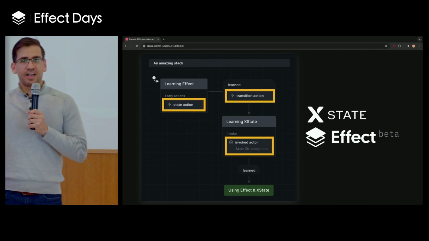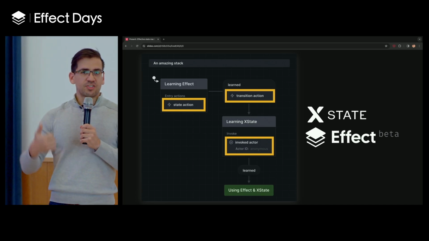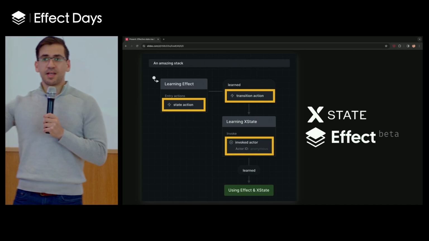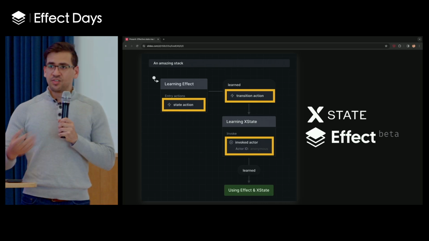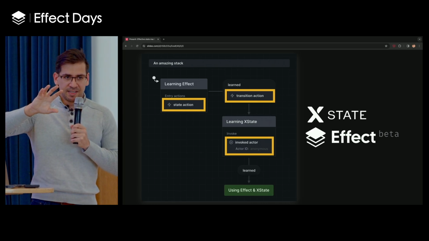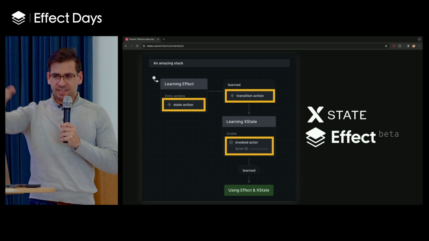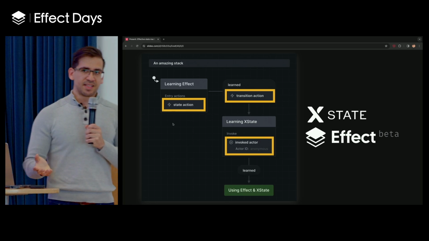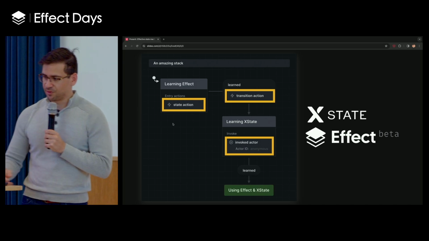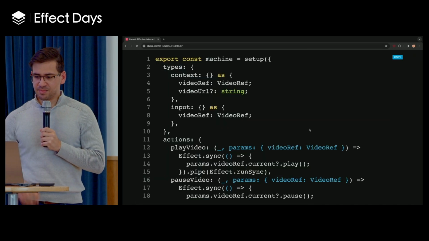But in terms of the actual effects, such as actors or actions, it really left it up to you. It said, you know what? You could do whatever you want in there. Just know that this needs to be sequestered in an effect, or like an action or an actor, and it's not something that XState is going to directly handle for you. And so that's really where Effect comes in.